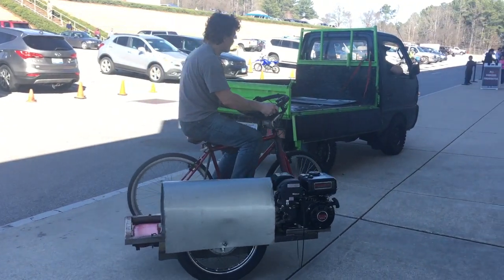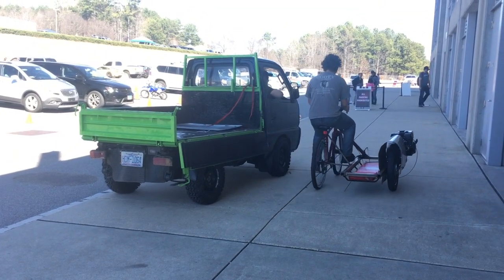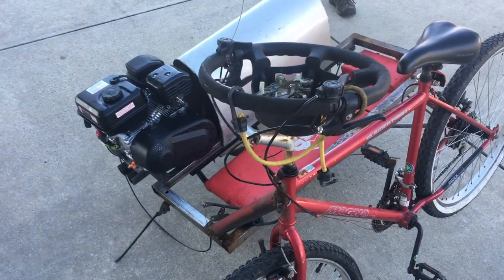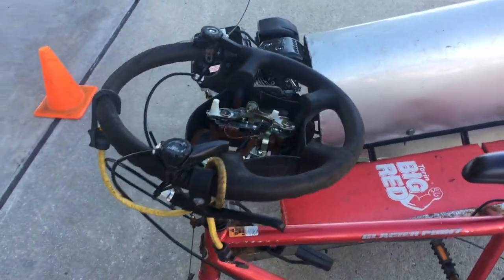The other thing Sasha did at this race, he built a Ural sidecar replica out of a dumpster dive bicycle, a central steering wheel, a mechanic's creeper, and a 22 horsepower Harbor Freight motor. It was really the scariest thing I have ever seen in my life. Yeah, but I talked to people who took this thing for a spin, and they said, man, once they got on it, it was like...